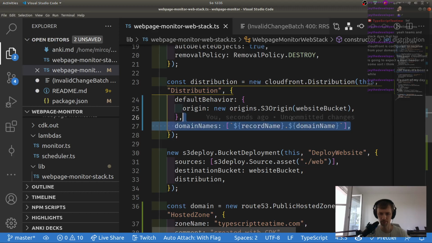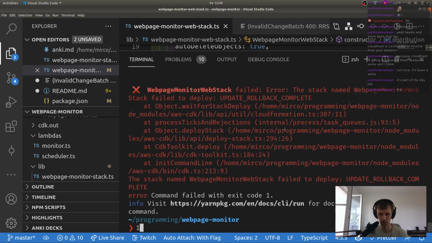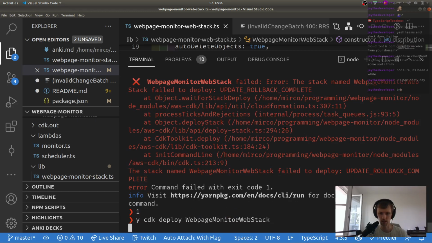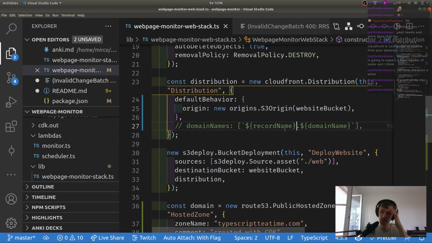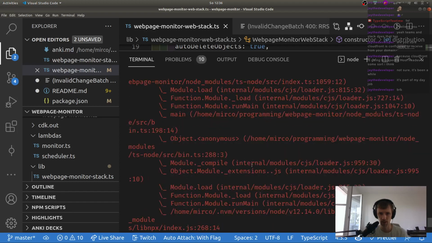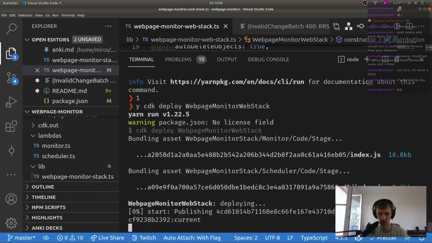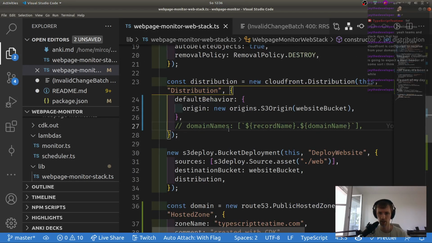The problem is, wait, can we do this for a second? Let's just deploy it without the separate domain names. And then we verify. And then we add the domain name. Which of course means we need to access it from. Yes, the problem is that it's